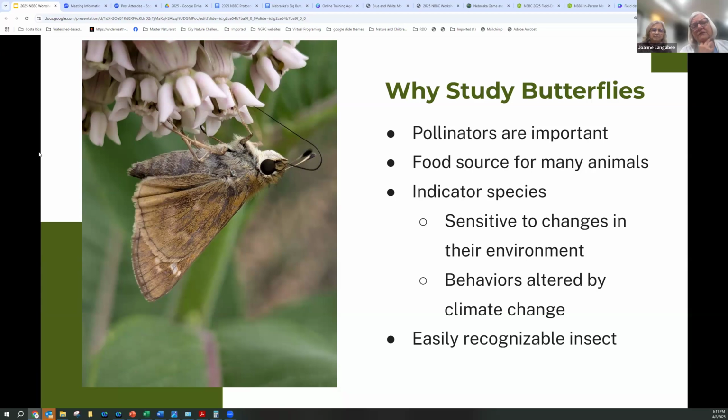They respond much faster, and so we can see how they're being affected, particularly by climate change in this day and age. And they're easily recognized. They're much easier to recognize than bees or ants or flies. They're bigger, they're brighter, most of them, and it doesn't take too much to learn each of the species.